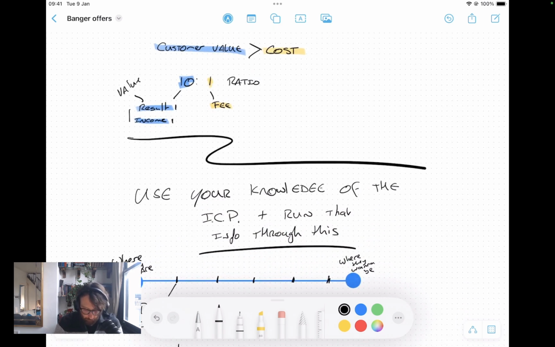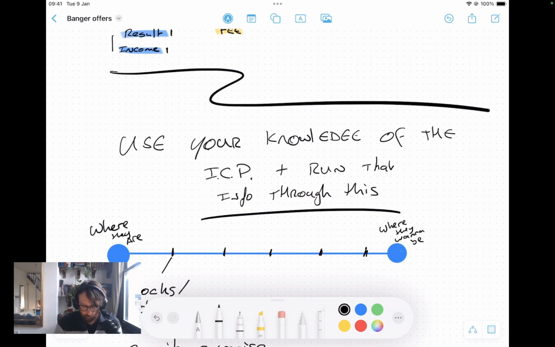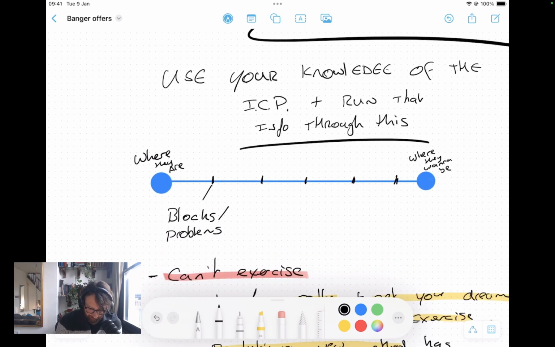Okay. So with all of that knowledge over those 4 key areas of how to refine or craft good offers, you then need to take that and use it with the knowledge of the ICP that you have from that past video I spoke of. So you need to run the information that you've got from the ICP through this. We spoke in that video about how there are certain problems. There's a big transformation that they want to achieve, but there are certain problems that they have. And these problems are the blocks. They're here, they want to be here, but they'll have blocks and problems. And these could be real, perceived, internal, external problems.